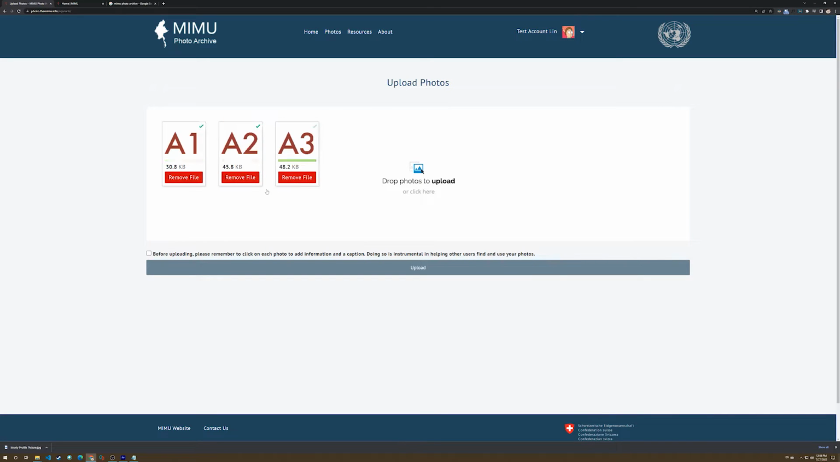Open. These are pretty small photos, so the upload was fast, but depending on the size, it might take some time. Here we have to individually edit the metadata. We do that by clicking on each photo. So we click on A1,